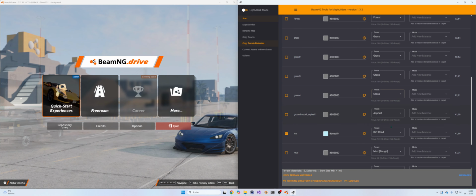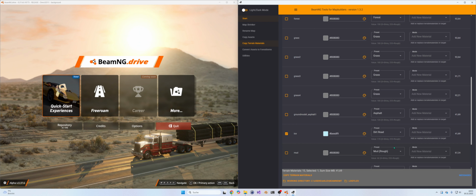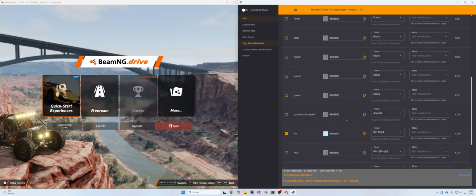Then we have another column here with a preset for the roughness of this material, because it's very important that you choose the right roughness. If you want an icy road, it must be more shiny. If you have something else like dirt, it must be more rough. So here's the preset allocation, because I did a small algorithm which tries to get it out of the name